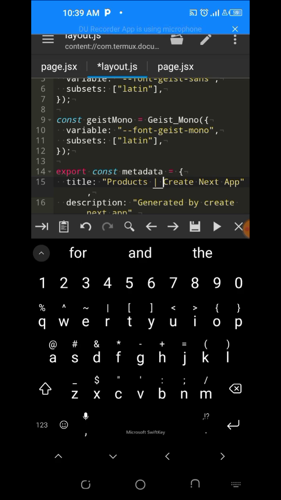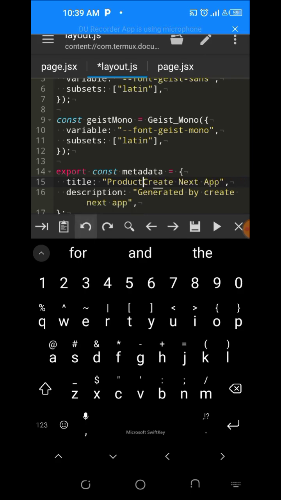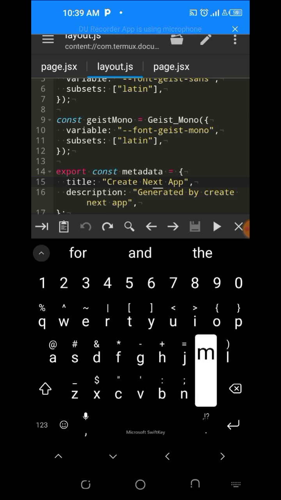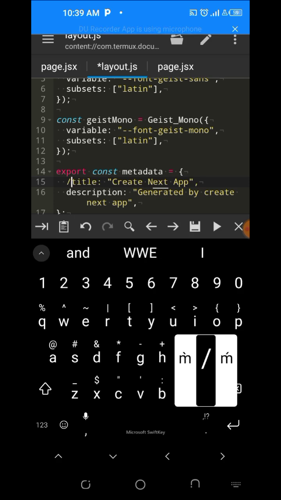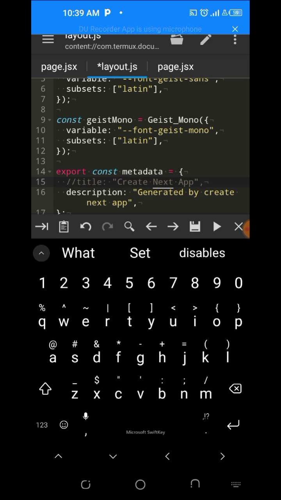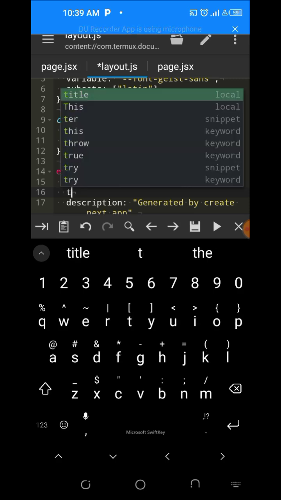How do we go about that? So let's see how to do that. Let me undo this first. So first of all, let's comment this out. So to do that now, we just say